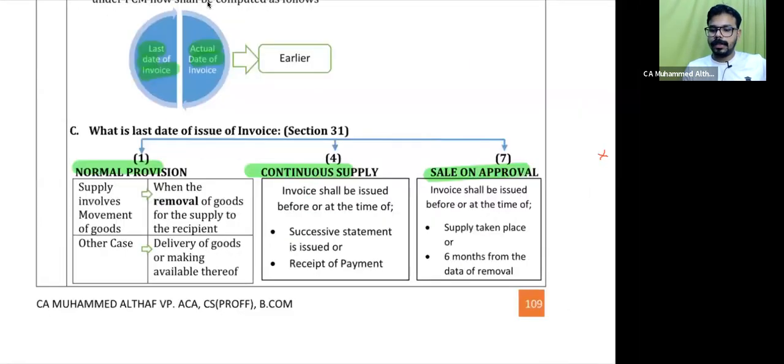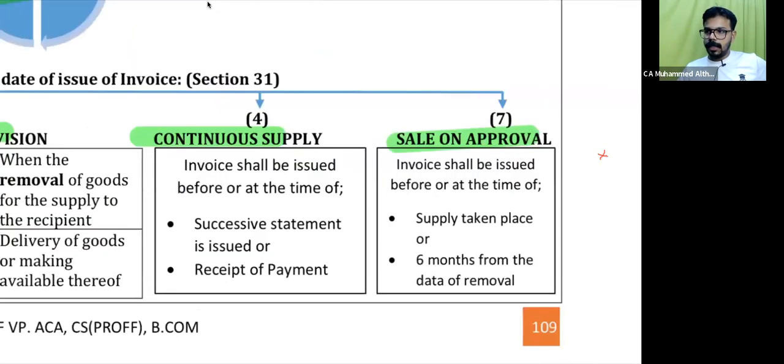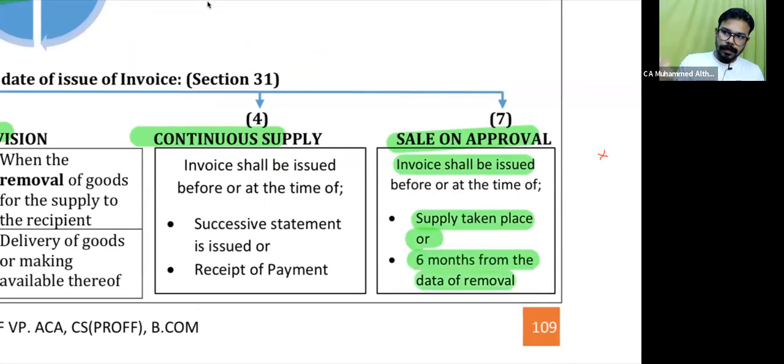What does sale on approval mean? You will be sending goods first to the customer, then he has an option: either he can accept or he can return them. In that situation, what would be the last date of issue of invoice? What is the due date of issue of invoice? Invoice shall be issued before or at the time of supply taking place, meaning when he is accepting, or 6 months from the date of removal. That means if the recipient accepted